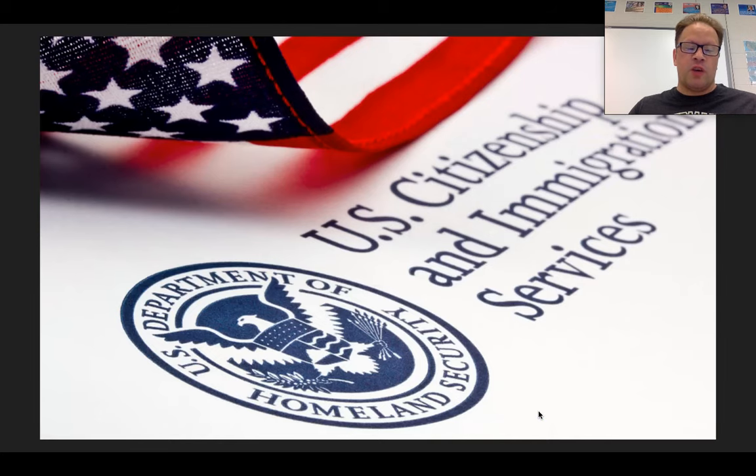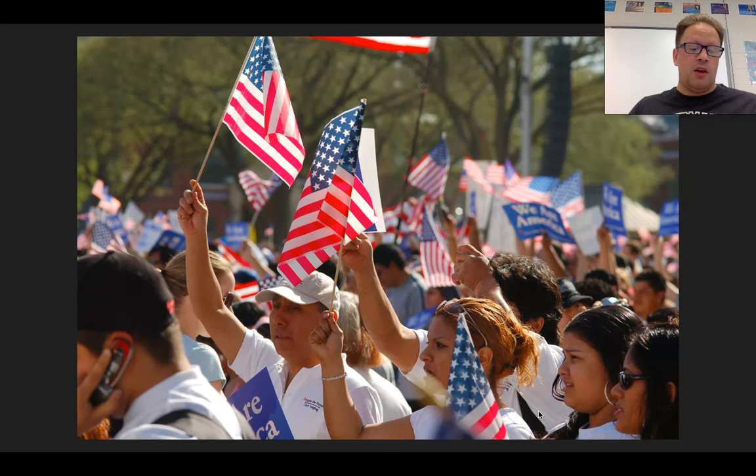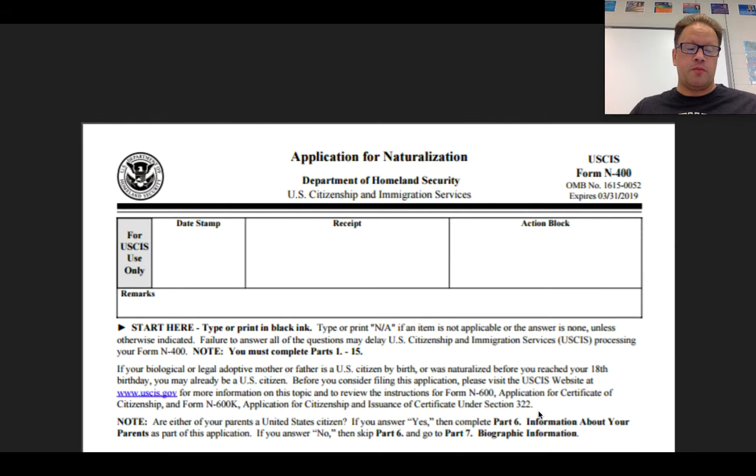The process for non-citizens to gain citizenship is known as naturalization, which is administered by the U.S. Citizenship and Immigration Services, or the USCIS for short. Now, those hoping to go through the naturalization process have numerous steps they must go through prior to becoming a U.S. citizen. Those seeking naturalization must meet certain eligibility requirements in order to complete the Form N-400 application for naturalization, including: